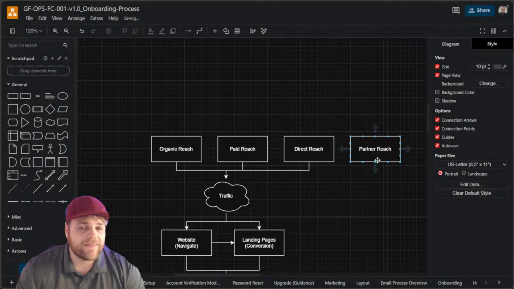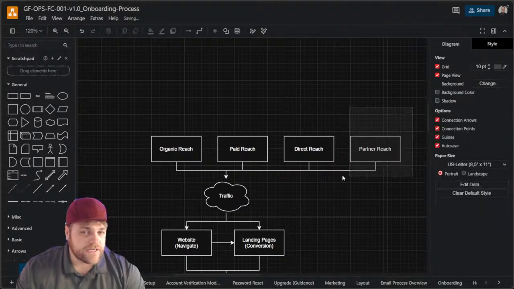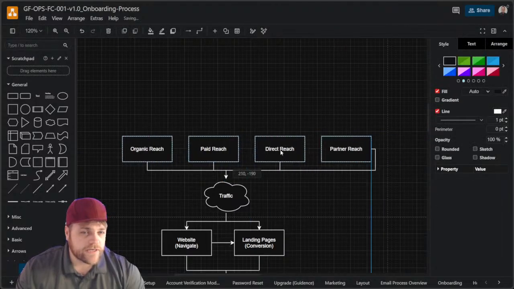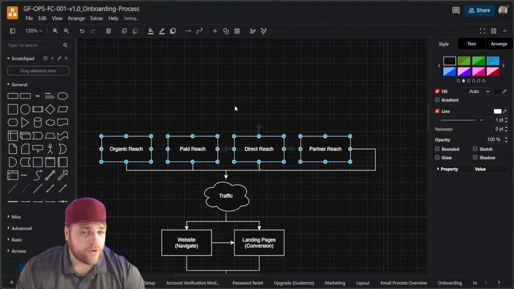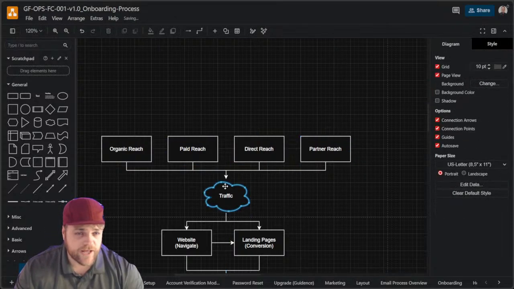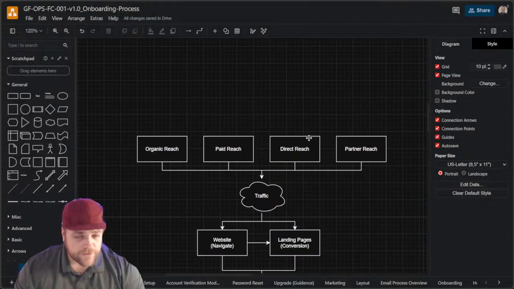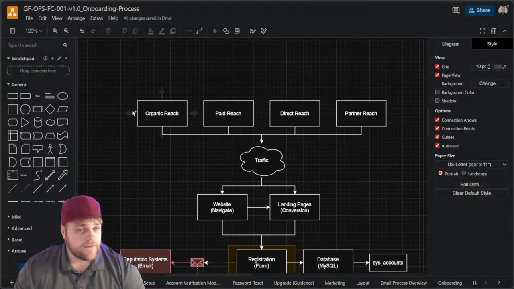And we're just going to keep it there just for simplicity, okay? We'll call that traffic. Each one of these, in a sense, runs their own operation or their own organization. Does that make sense? So you can have vendors do all of this for you if you desire to do this. You don't have to, but you can, okay? But these things are going to drive traffic into here, right?